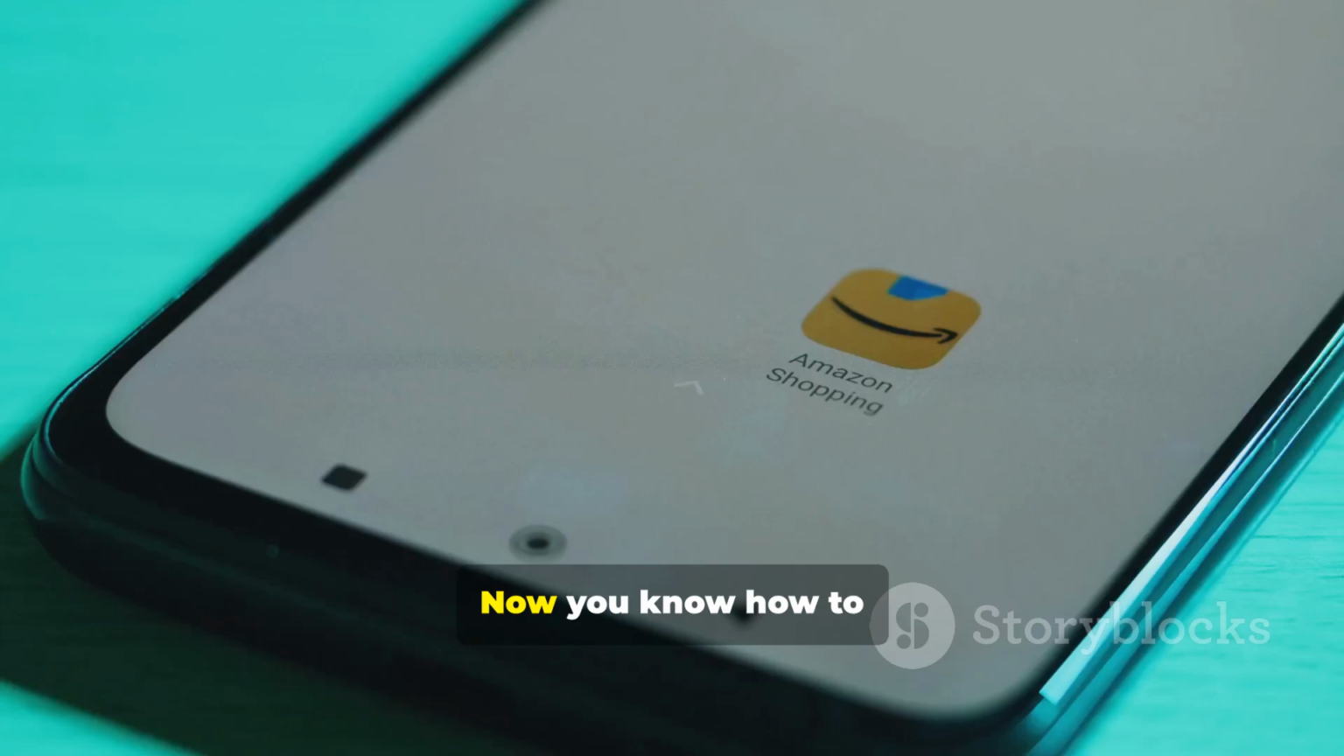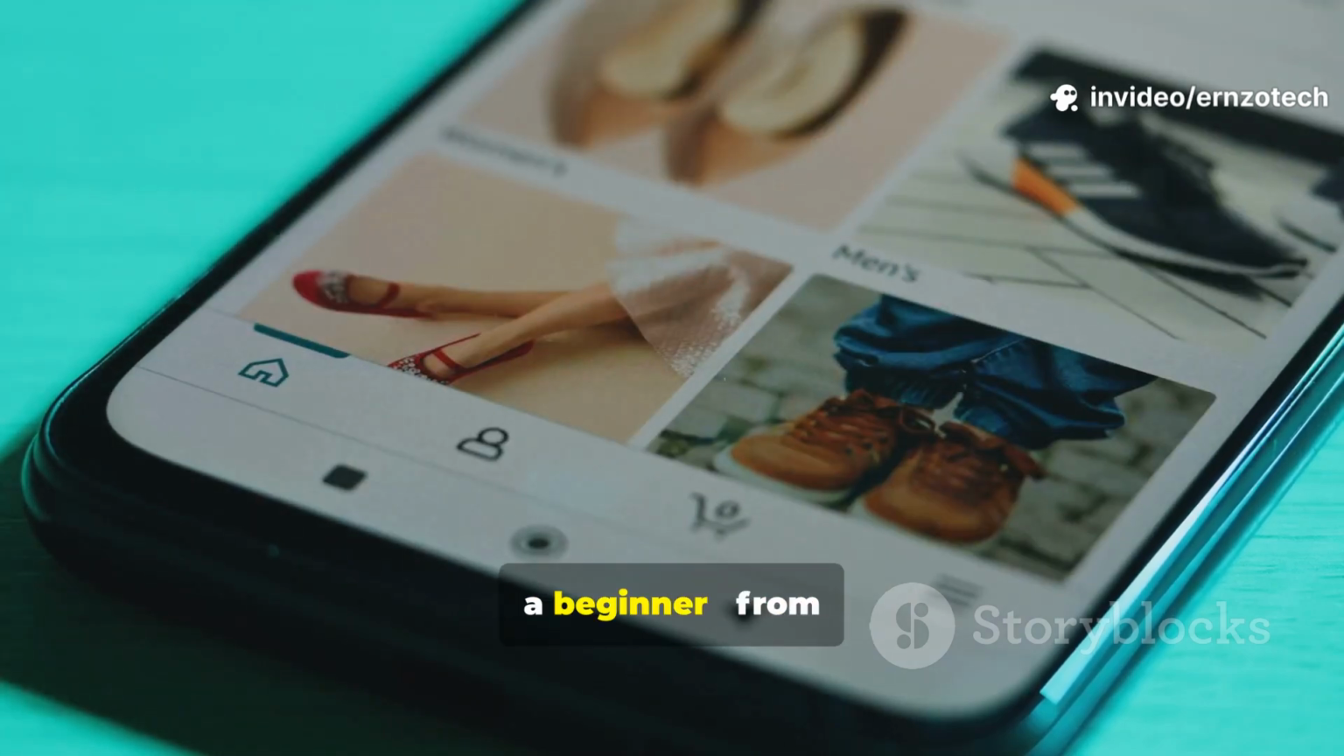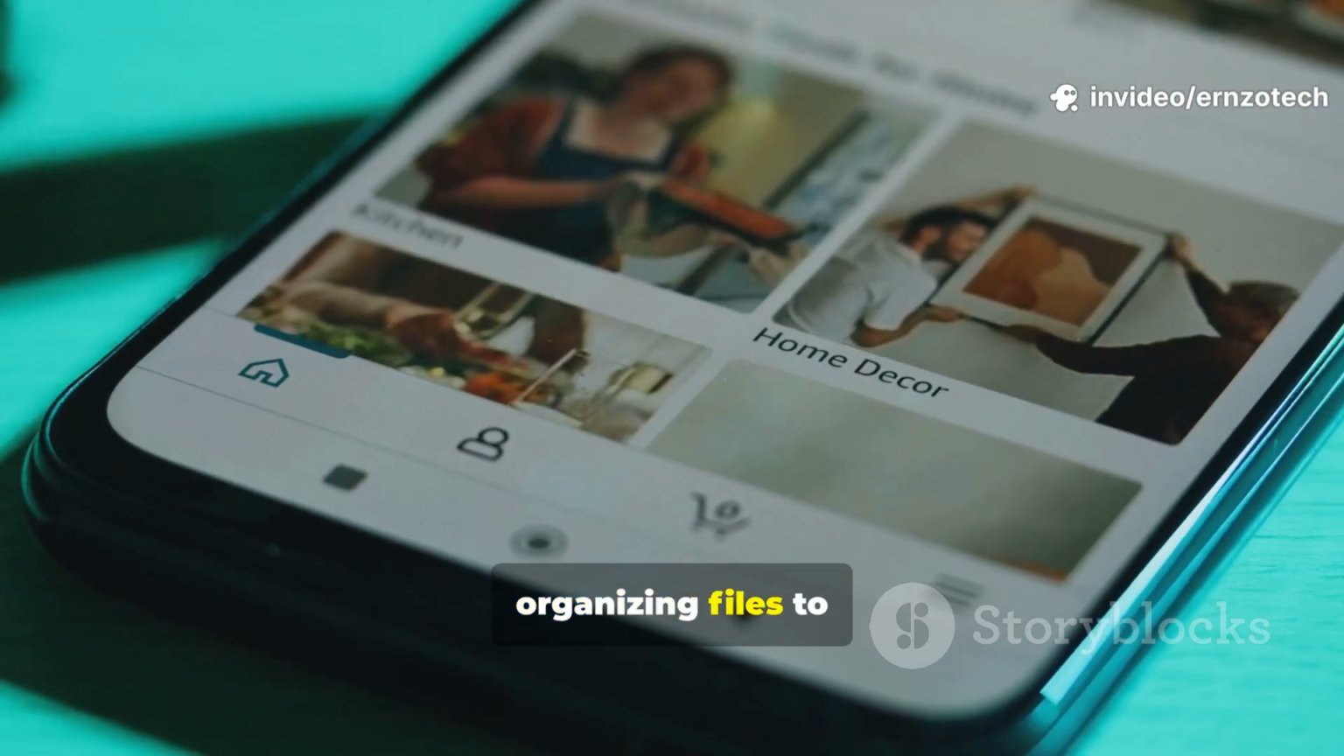And that's it. Now you know how to use Google Drive as a beginner, from uploading and organizing files to